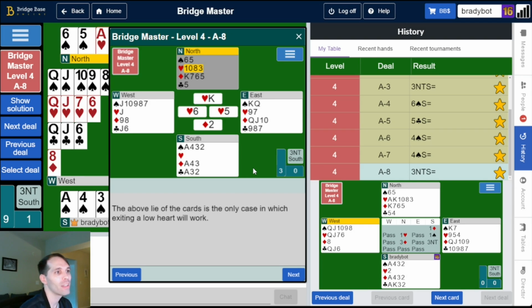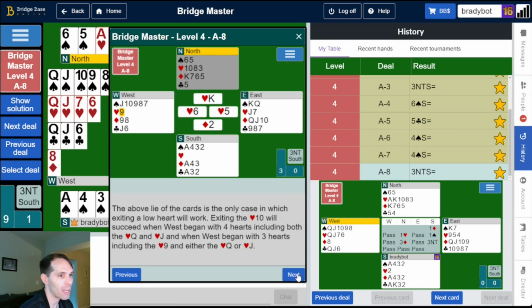Kind of. It depends how often West is finding a clever play of like the queen or jack from different holdings. Exiting the 10 will succeed when West began with 4 hearts, including both the queen and jack, and when West began with 3 hearts, including the 9. So, correct to lead the 10 on the 3rd round. That seems intuitively correct to me, but